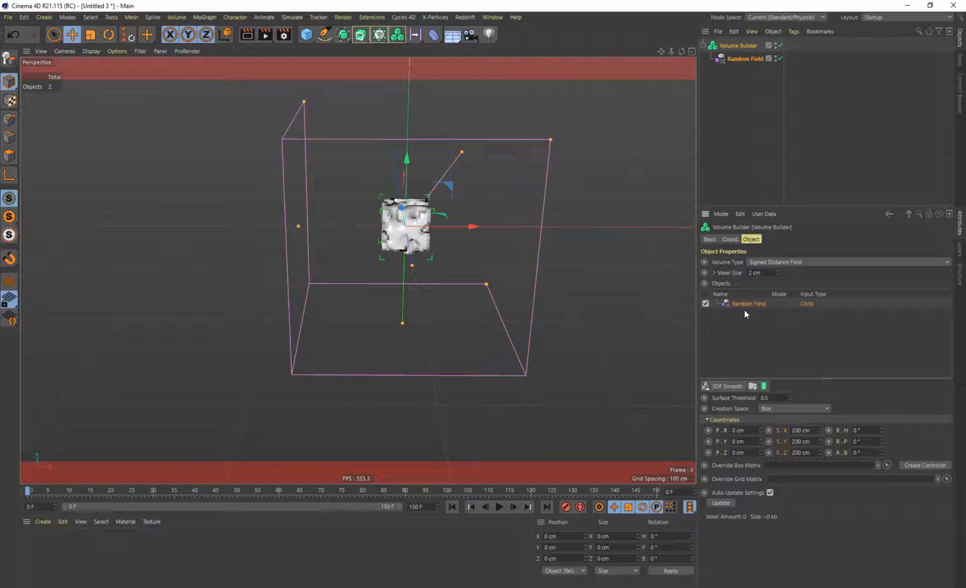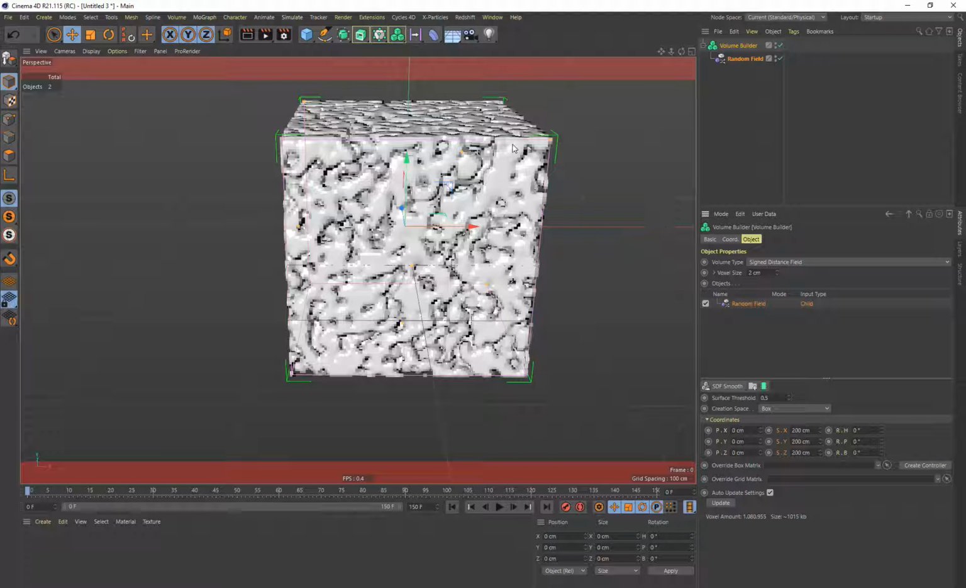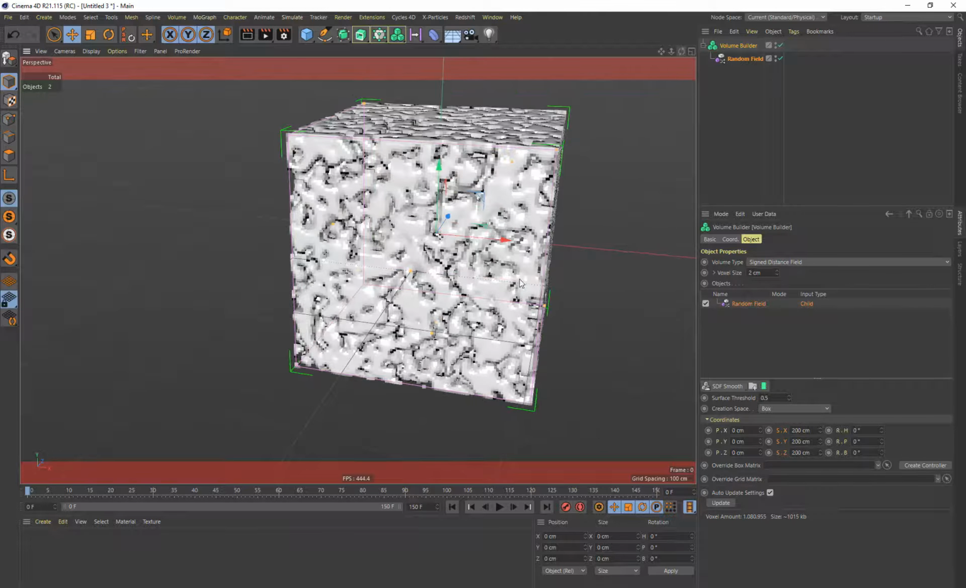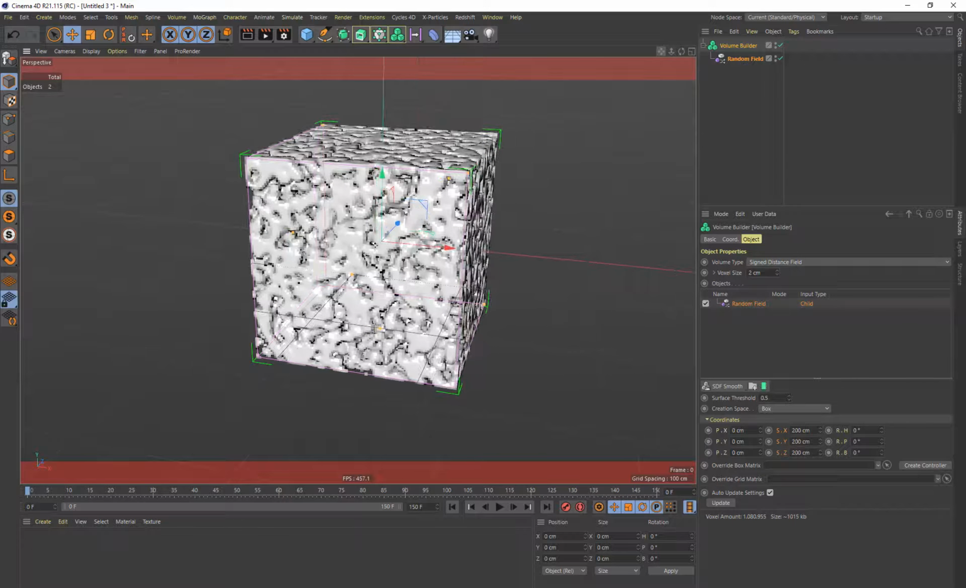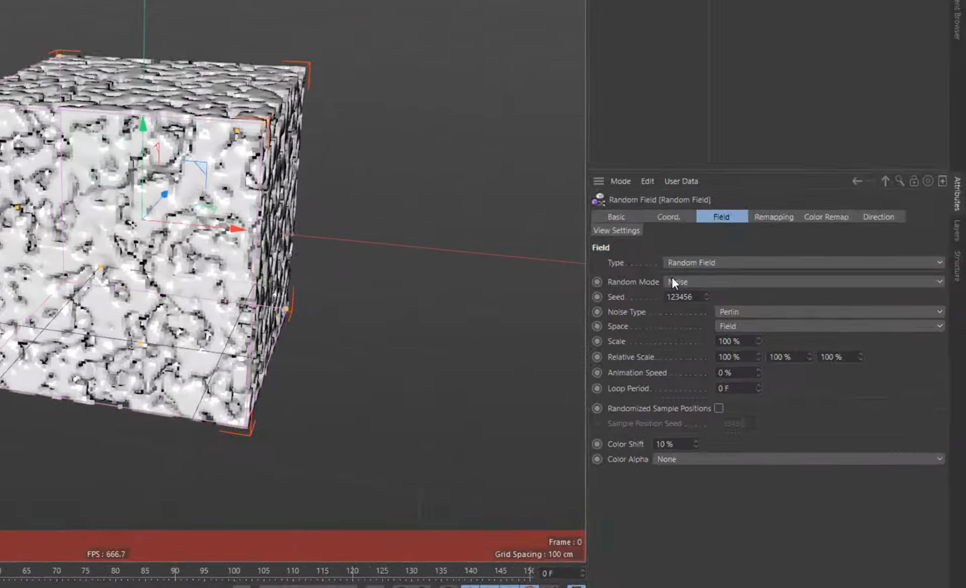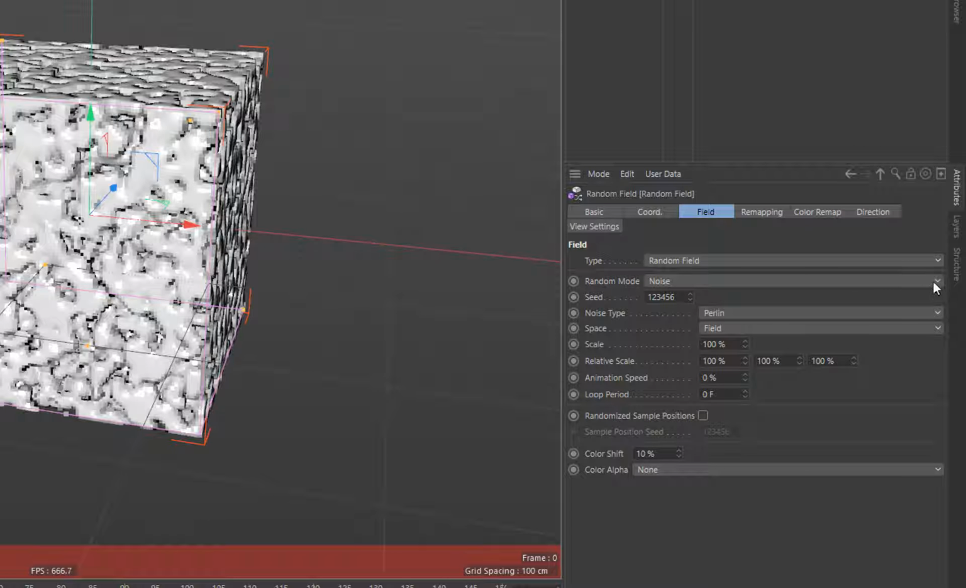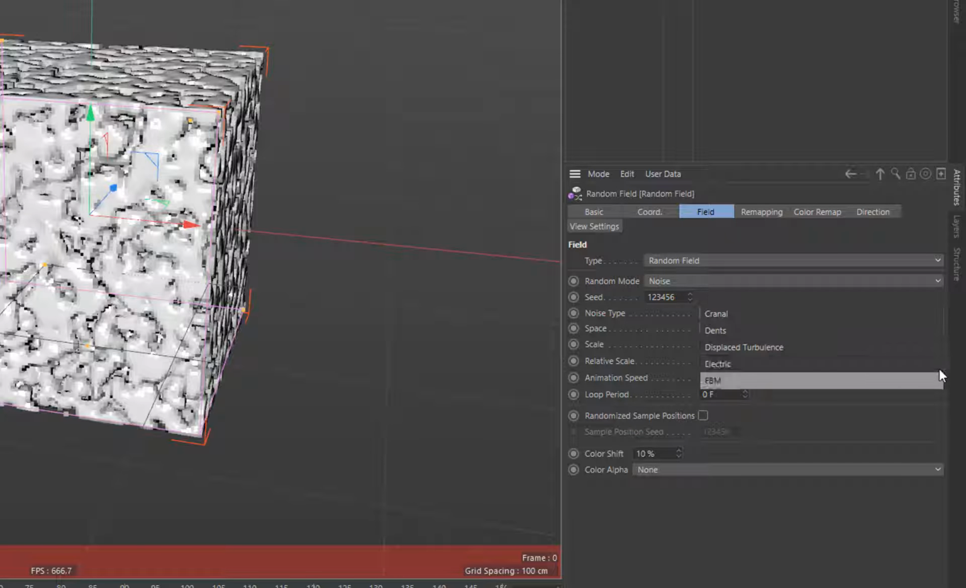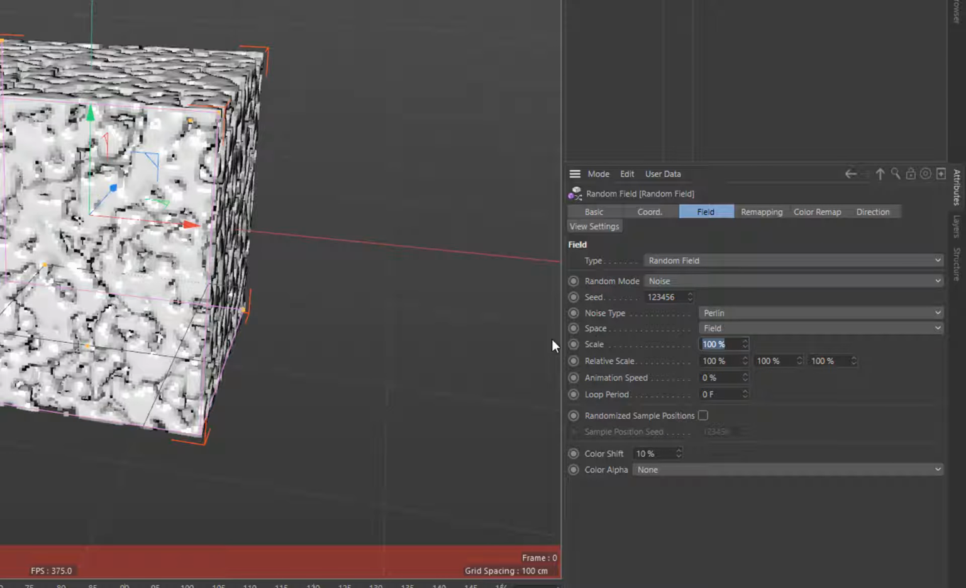And now that took a little bit longer to calculate. Now, this is what a random field looks like. And by default, let me just go into the random field here, and you could see it uses the type noise. And by default, it uses Perlin, which is the standard noise in Cinema4D. Now let me just change the scale of this